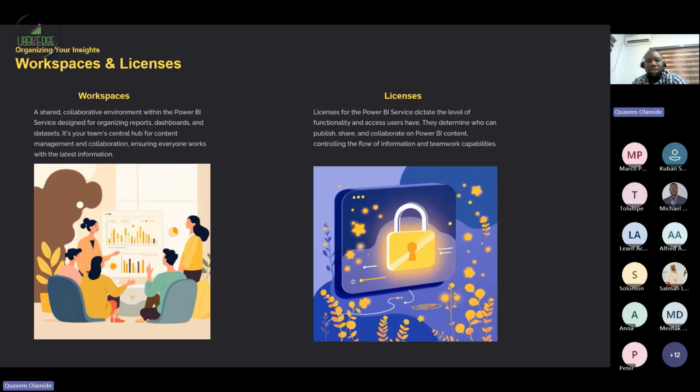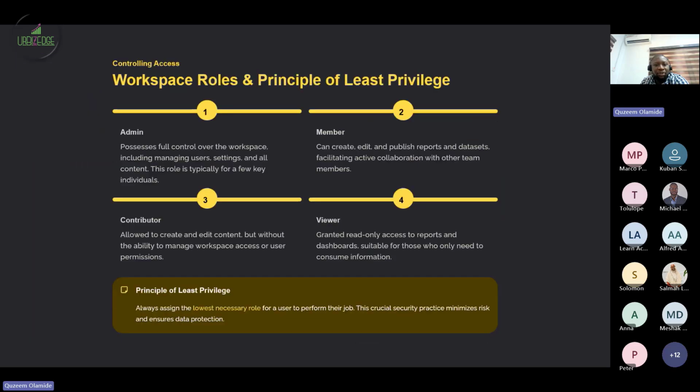And then licenses also go hand in hand. Licenses determine the level of functionality and access users have. It's like Spotify, where you have a premium, so you get to listen to music without ads, and maybe you have a free version, where at the end of each song you finish listening to, you get an ad you have to listen to because you don't have a paid plan. But we have quite a few licenses in Power BI. Once we create our workspace, we are going to talk about that more. So for now,